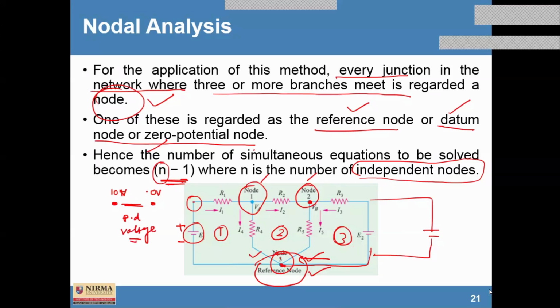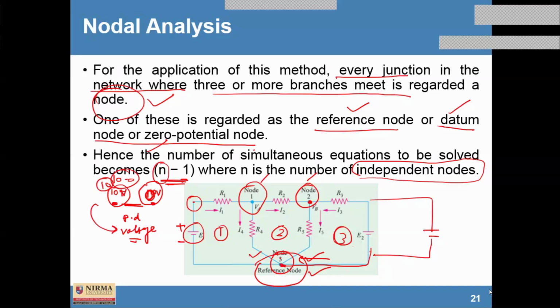Now consider if the voltage of both the nodes is 10 volt and 10 volt. Then what would be the difference here? The difference is 0. Potential difference is 0, which means voltage is 0. So for current to flow from one place to another, there should be a difference in the voltage level at the two different nodes. Are you with me? Yes, sir. Okay. So here we assume there is a zero potential here, and if you take the difference, 10 minus 0, it is 10. So the potential difference could be 10.